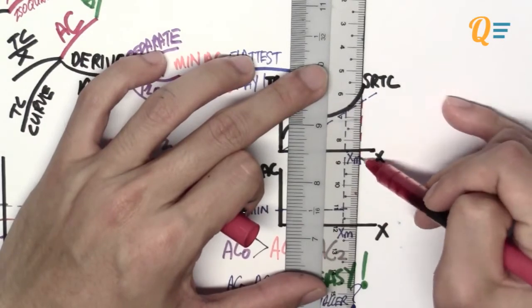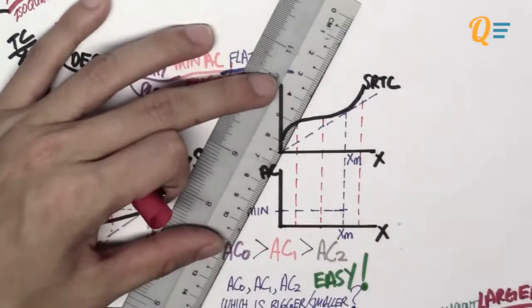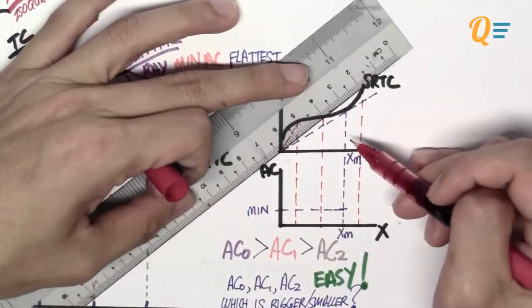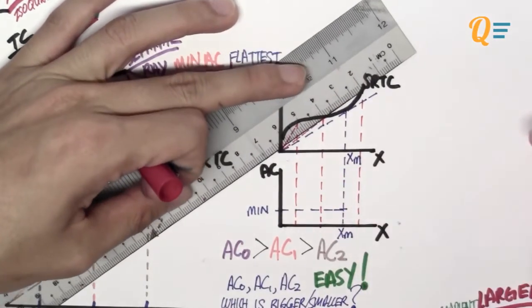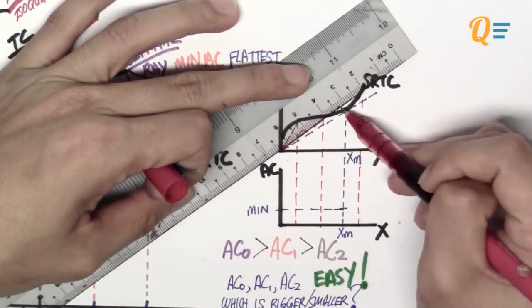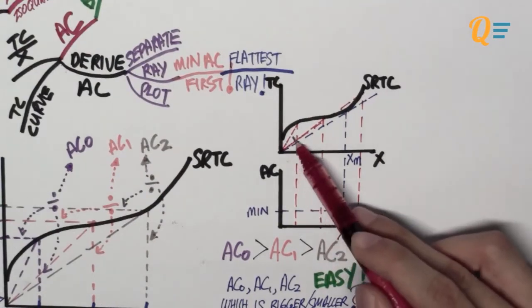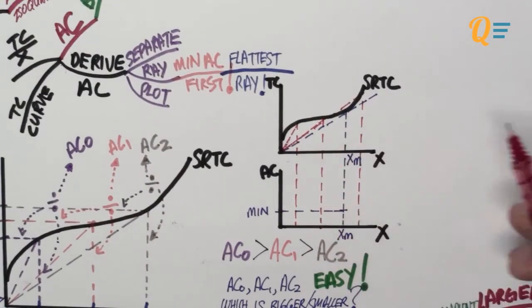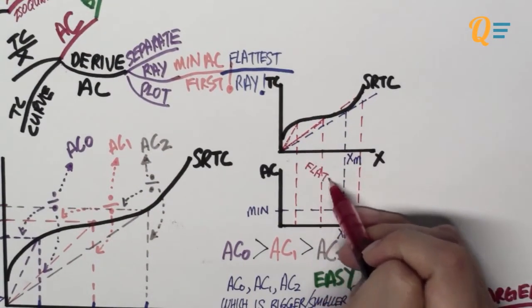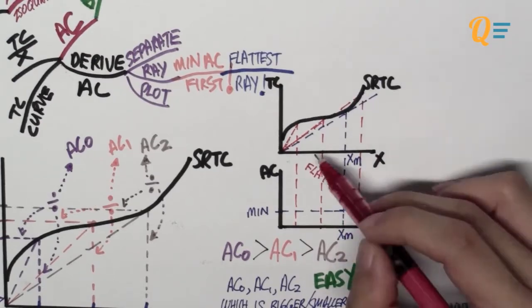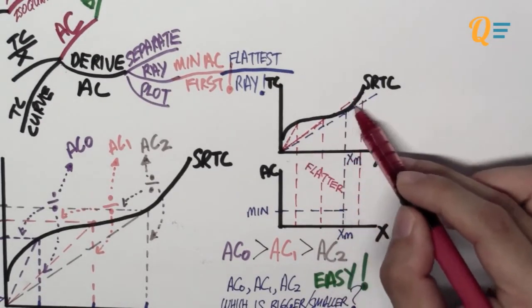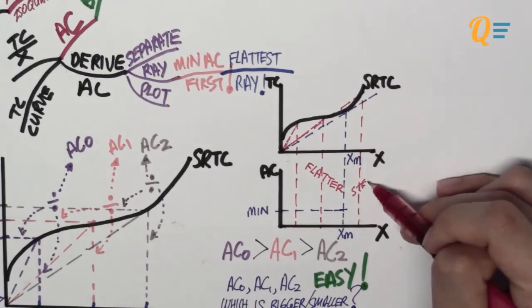So I'm going to separate the entire short run total cost into several pieces, and I'm going to start drawing rays to all these different regions over here. Okay, so the last one looks the same as the second one. So you look at all these rays, it starts to get flatter in the beginning, right? So you see the first ray is steep, and then it starts to become flatter, and towards the right side,